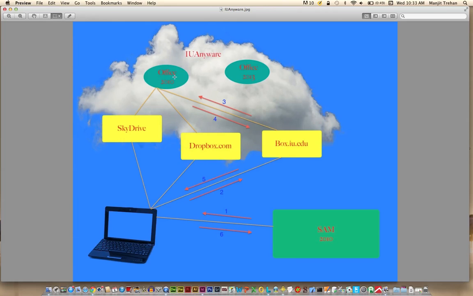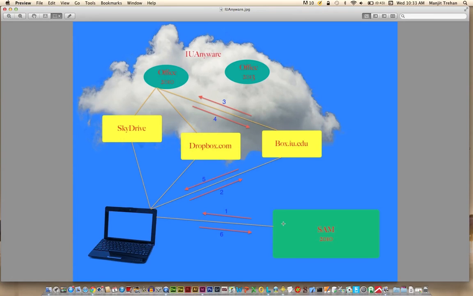One of the common issues that comes up is how do you access your local files? Now in this example, Office 2010 is running in IUAnyware in the cloud, and it doesn't have access to the local hard drive. So to get to the files, you'd have to use cloud storage. I've used 3 different examples here: SkyDrive, Dropbox, and Box. I generally use the Box account, so I'm going to use that as the example, but the same steps work with Dropbox or SkyDrive. For K201, to work with this SAM project,